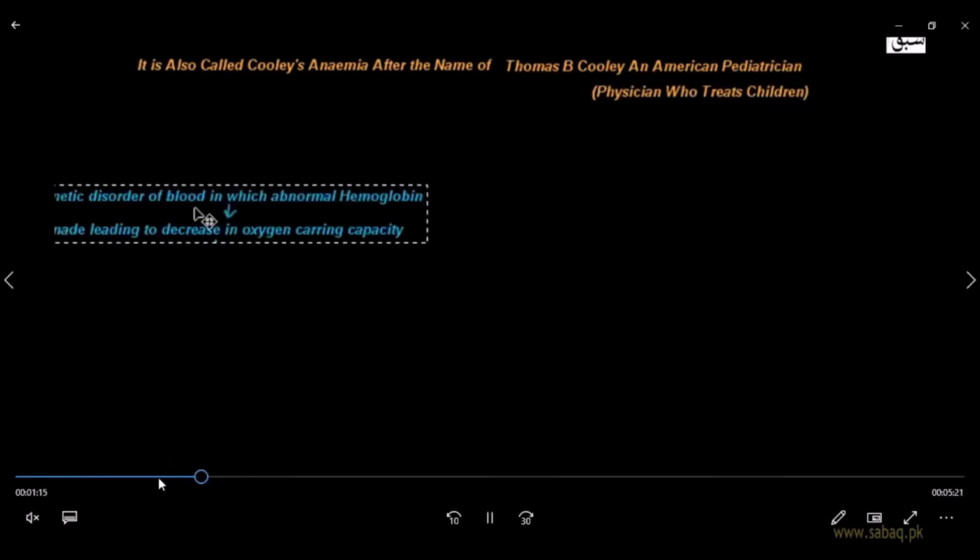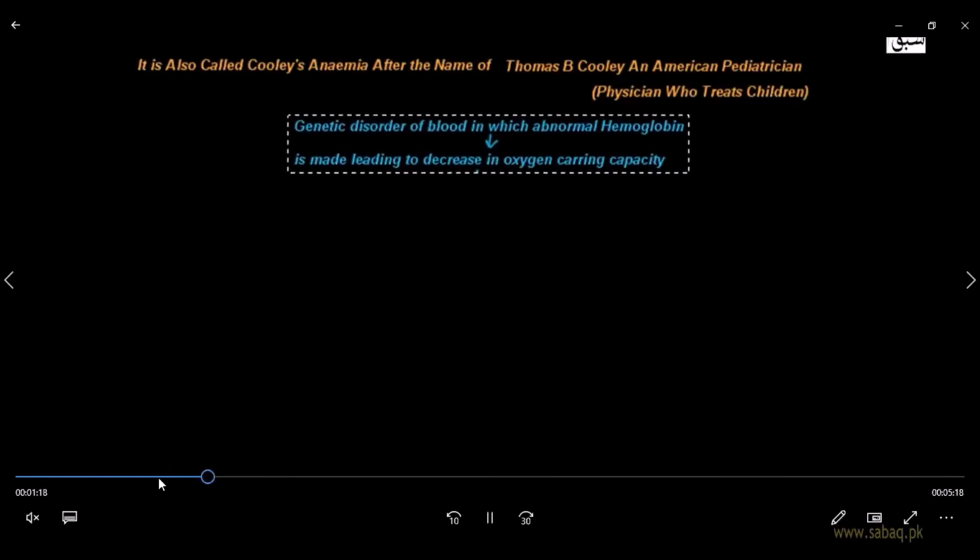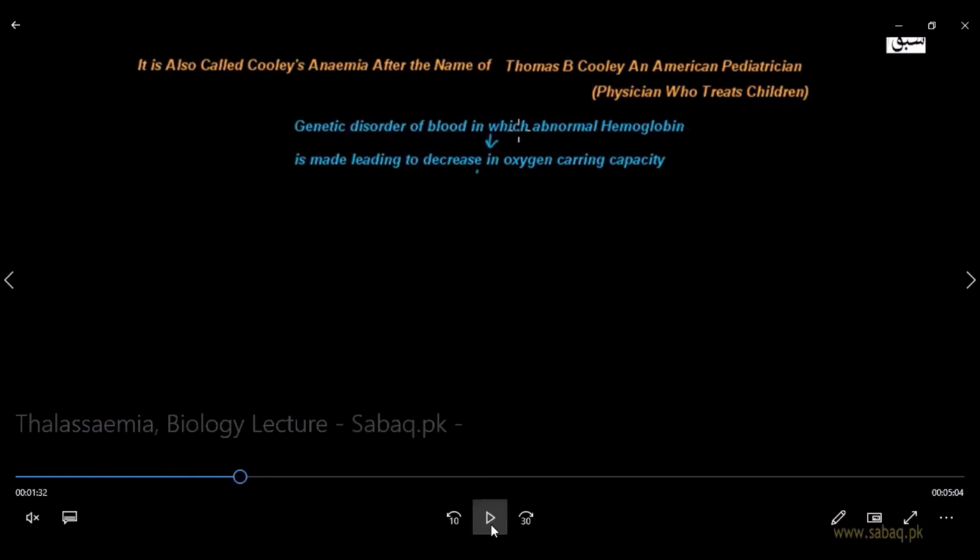He actually studied this disease and went deep into the cause and pathology of it, and hence the disease is named after him. He concluded that this is a genetic disorder of blood in which abnormal hemoglobin is made, leading to a decrease in oxygen carrying capacity. As we know, normal red blood cells are responsible for transportation of oxygen with the help of the hemoglobin protein present inside them. Hemoglobin attaches to the oxygen molecule, forming a hemoglobin complex, and hence it moves around the whole